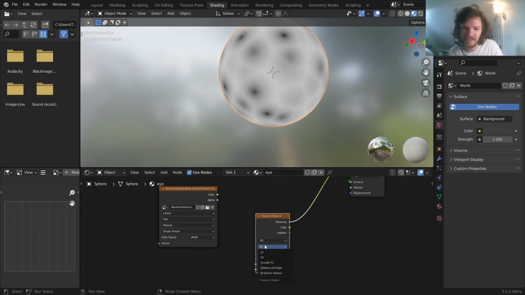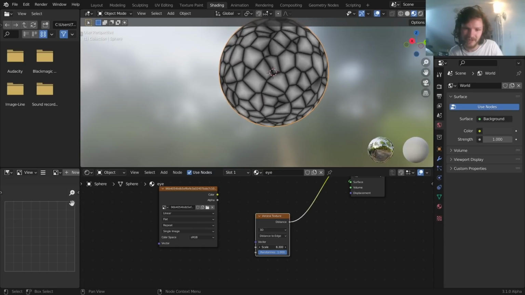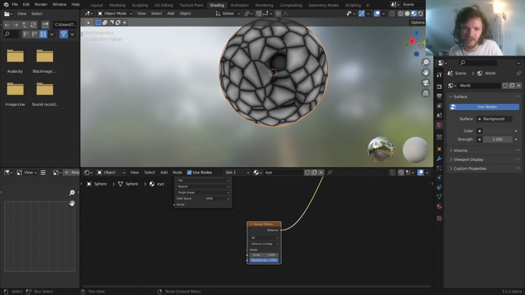If you set this to distance to edge, you're going to notice we get these lines, which I'm going to turn into veins. No matter what settings you pick here for randomness and scale, it just looks like shards of glass or asphalt, like you divided it into sections of concrete. To get it to look more like veins and more wavy,